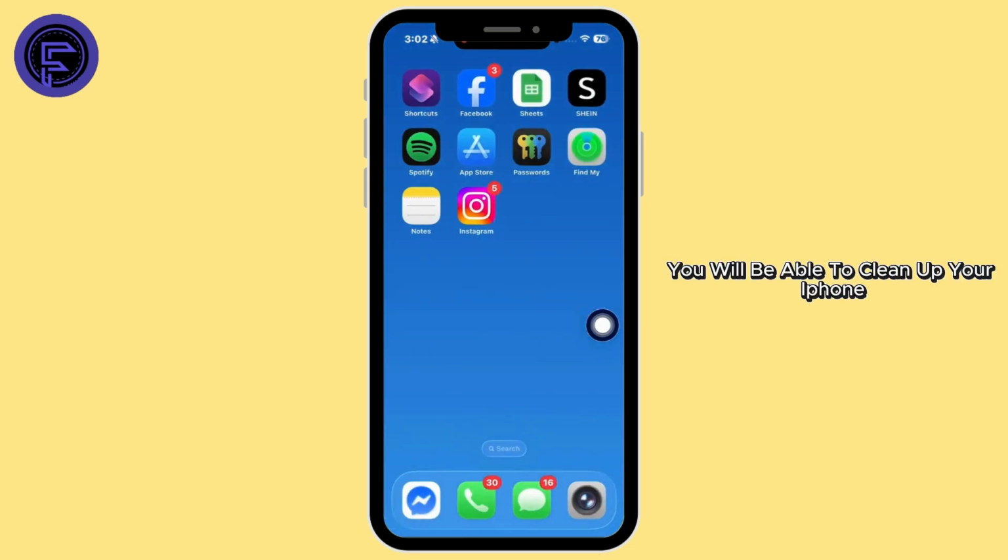Now with these steps, you will be able to clean up your iPhone without losing apps or personal data, and